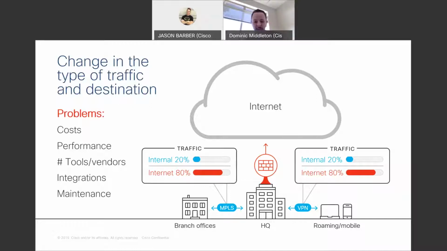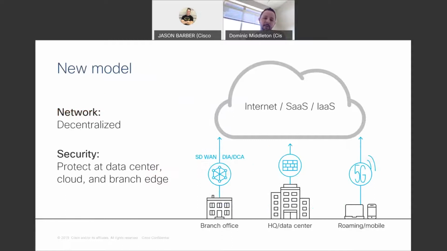Performance, if you have too many people jamming up the tunnels, now we have things slowing down. So it makes for a huge headache, and that's kind of where things are at today, and why, again, we're having this conversation. So what things look like today is instead of passing traffic back and forth between the MPLS or the site-to-site VPN, the network is now a lot more decentralized. And again, keep in mind, this is still before COVID that we're having this conversation.